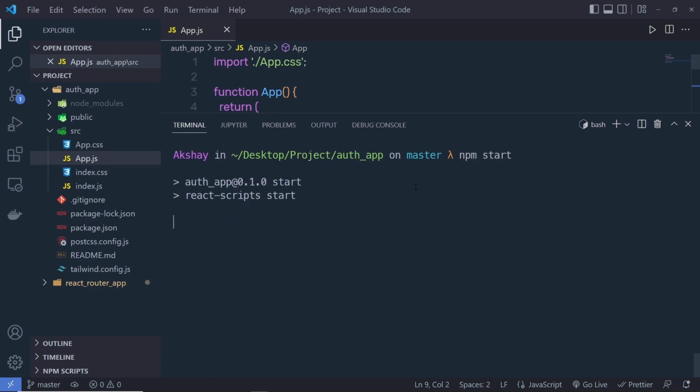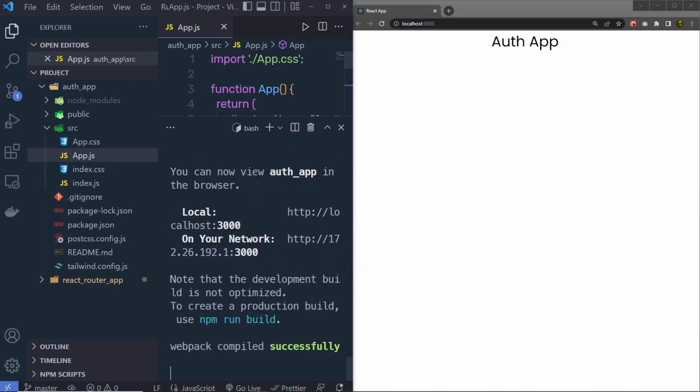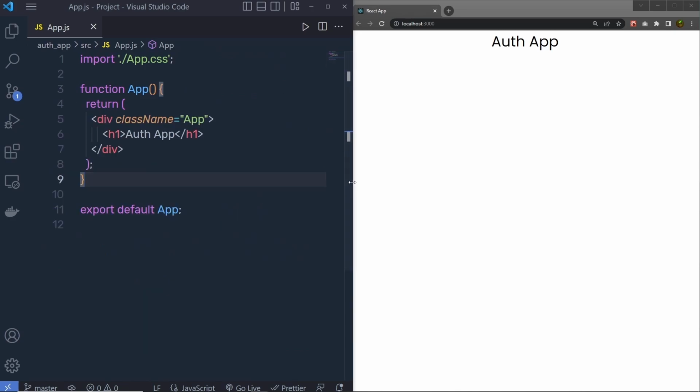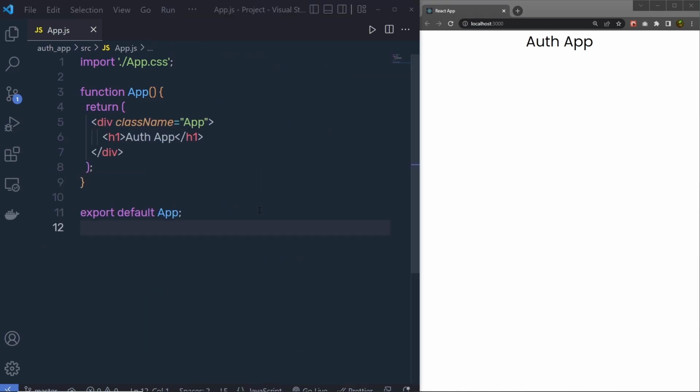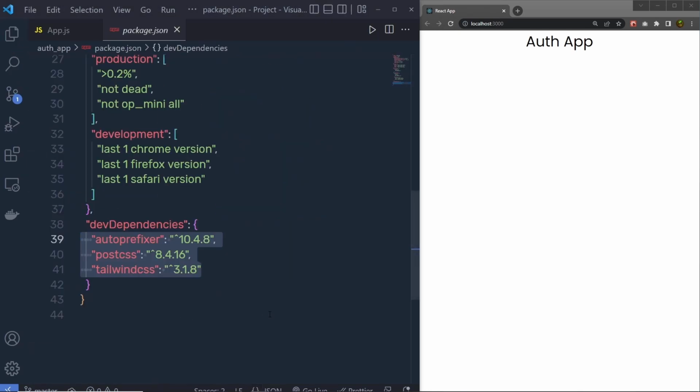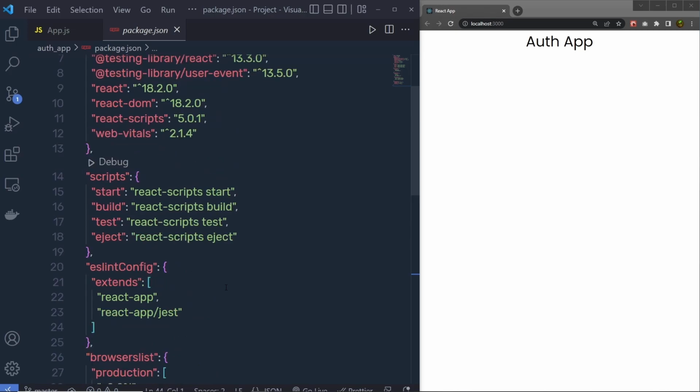This command is going to start the development server on localhost 3000. Now once we have the project, let me just toggle this window on the right side. Now, the very first thing you need to do is install the React Router DOM inside your application. If you go back to the package.json file, you can notice I don't have the React Router DOM module inside